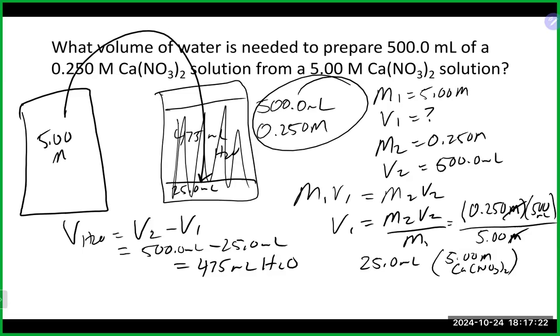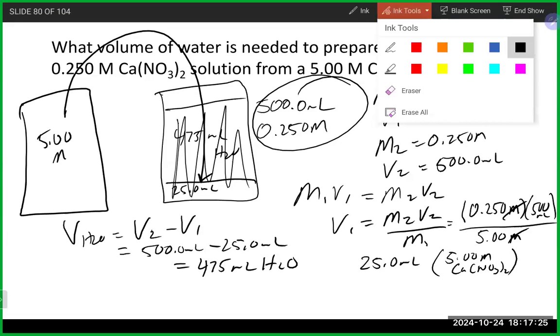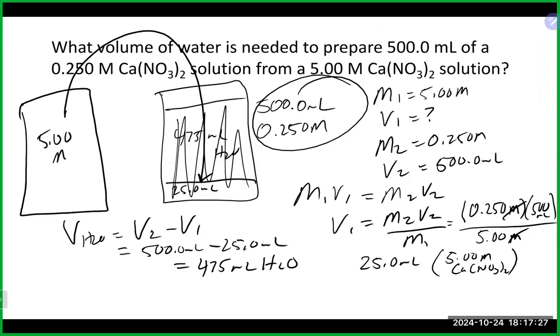Yeah, I would say not all the time, but in the context of this, what's going to tell you that it is a dilution is when you look at what's being involved. We basically have calcium nitrate and we have calcium nitrate. There's nothing else happening. We just have two different molarities of the same thing. And if one of those molarities is greater than the other,